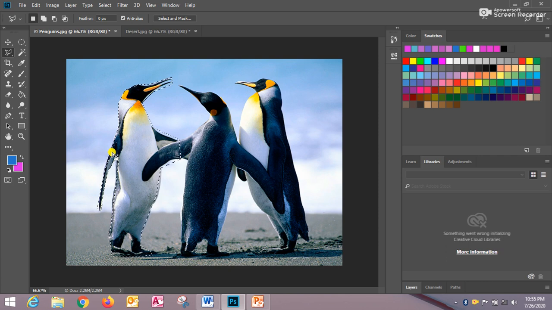Right students, so in that way we can select the part. So these are the straight segments.